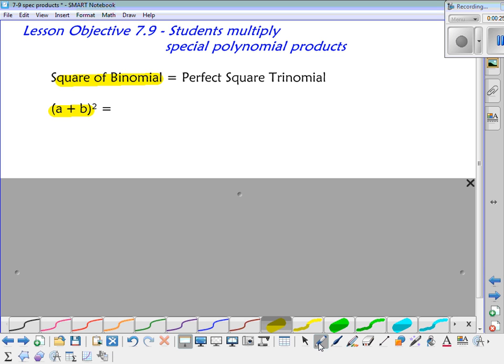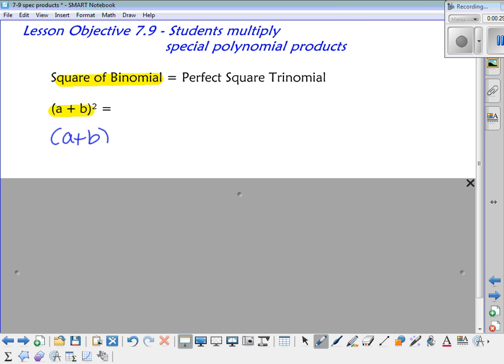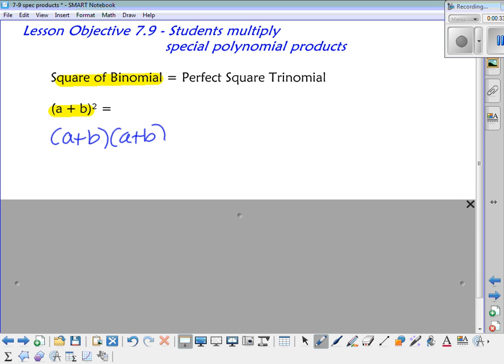So let's see what happens if I just do it with a generic a and b. So I've got a plus b times a plus b. If I distribute, a times a is a squared, a times b is ab, b times a is still ab, right? We write them alphabetically so we don't miss out on our like terms, and b times b is b squared. So if we combine our like terms in the middle, we end up with a squared plus 2ab